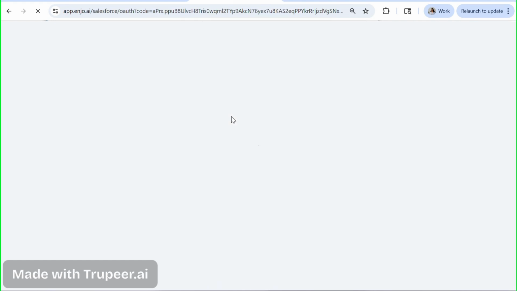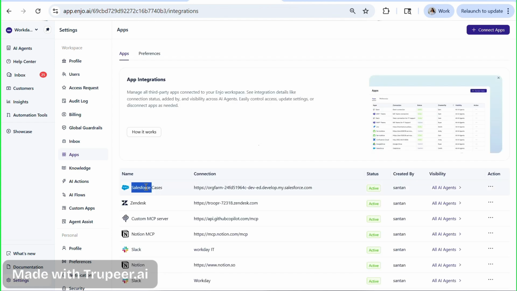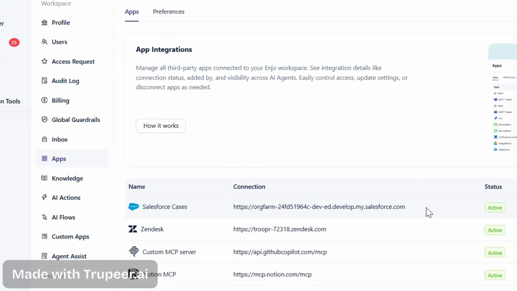The Salesforce Cases are now in progress of connecting to Enjo. See, it's connected successfully. If you have a Salesforce Sandbox account and want to integrate that with Enjo, click on